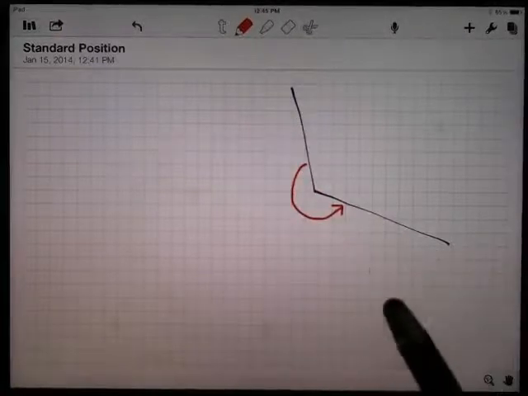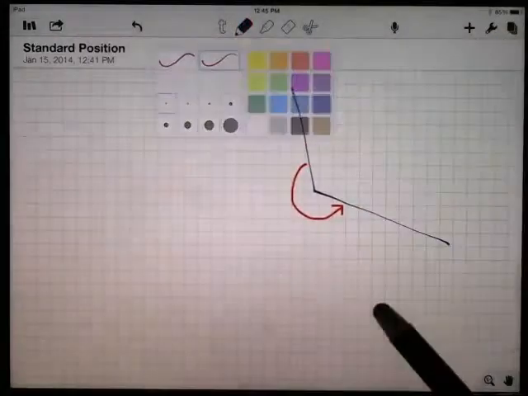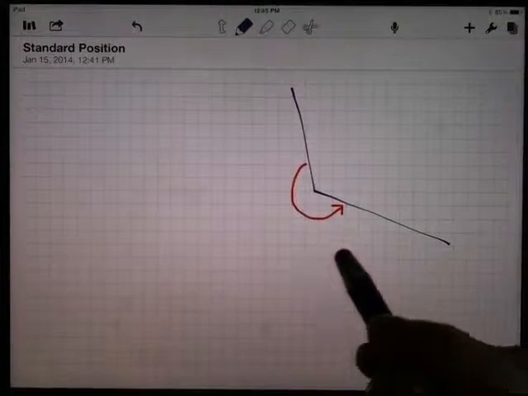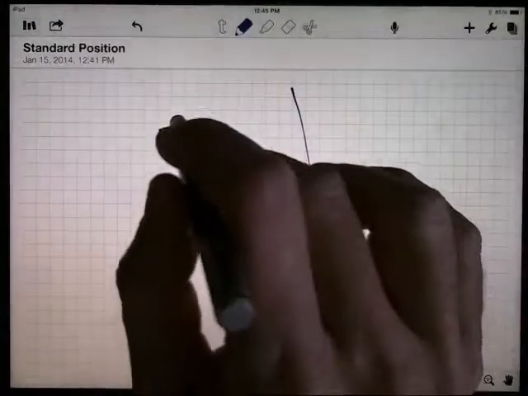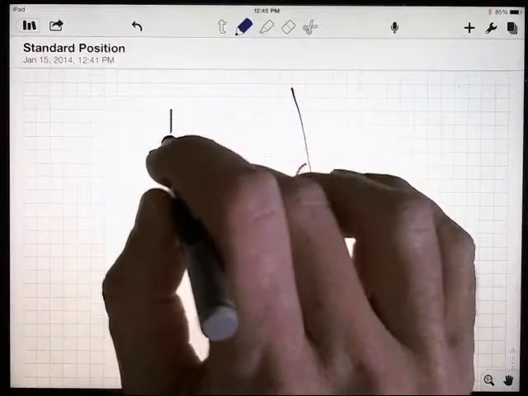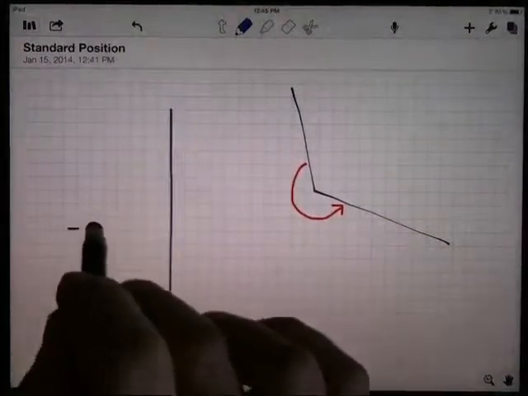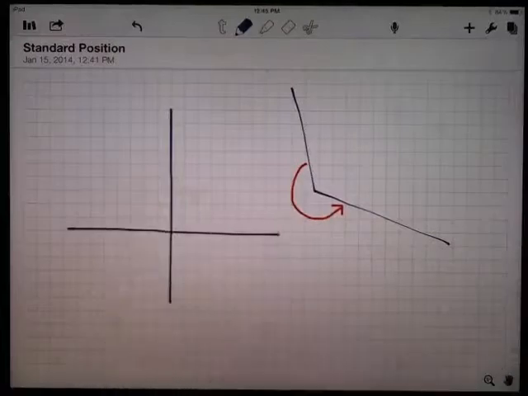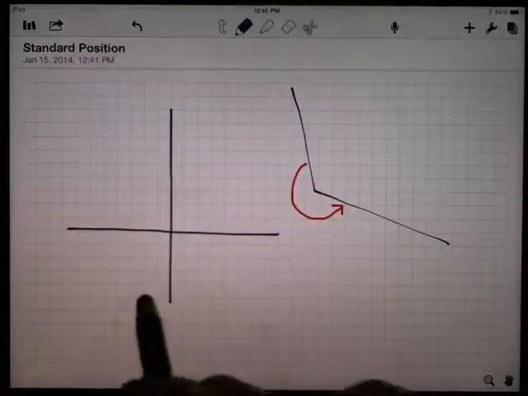Okay, I want to put it in what I call standard position. So standard position is going to be putting this angle within a coordinate system. So let me draw my coordinate system here. I'm going to draw my x-axis. I guess this would be the y-axis, and an x-axis. Okay. And what I want to do is I want to pick up that angle and put it in a